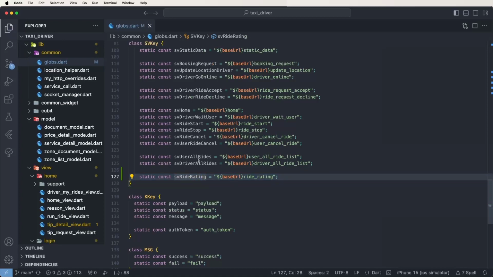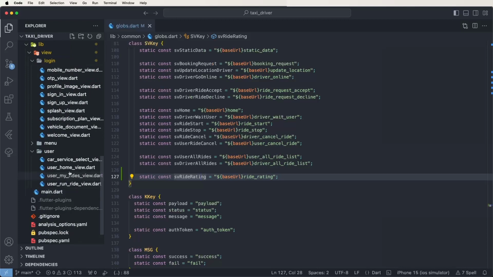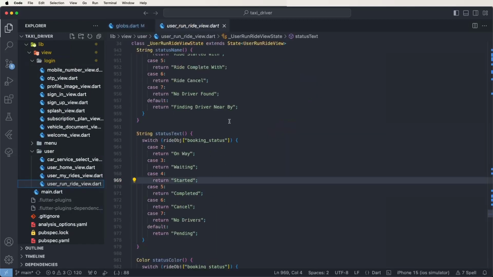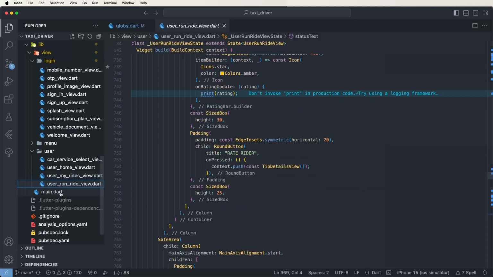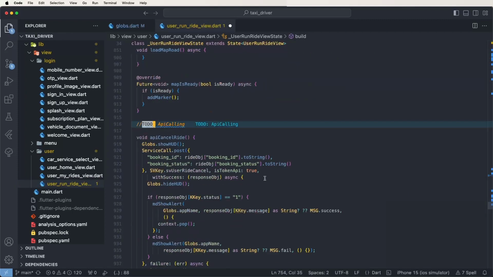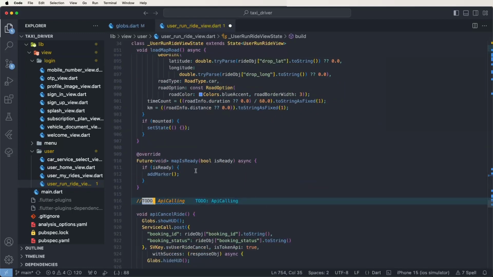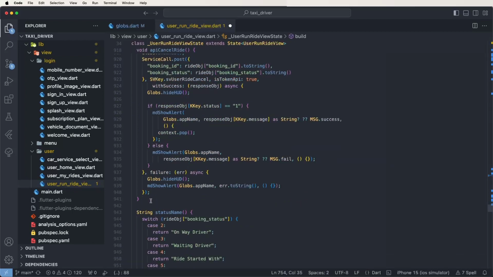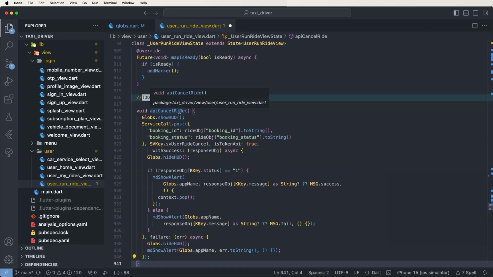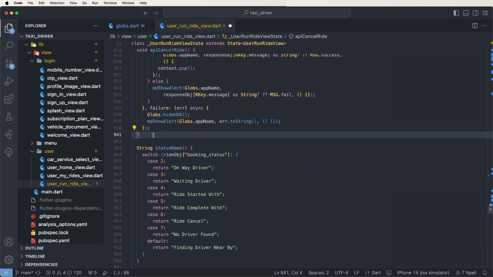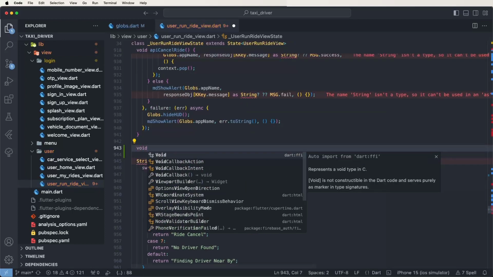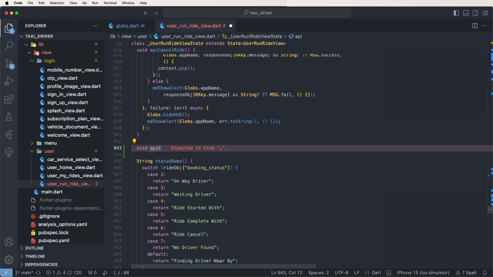Now we need to find the user rides run view. Need to find the user run ride view, and comment the code of opening the trip details, and also declare the API calls. First of all, write the API cancel rides. After that, write a new API void API submit